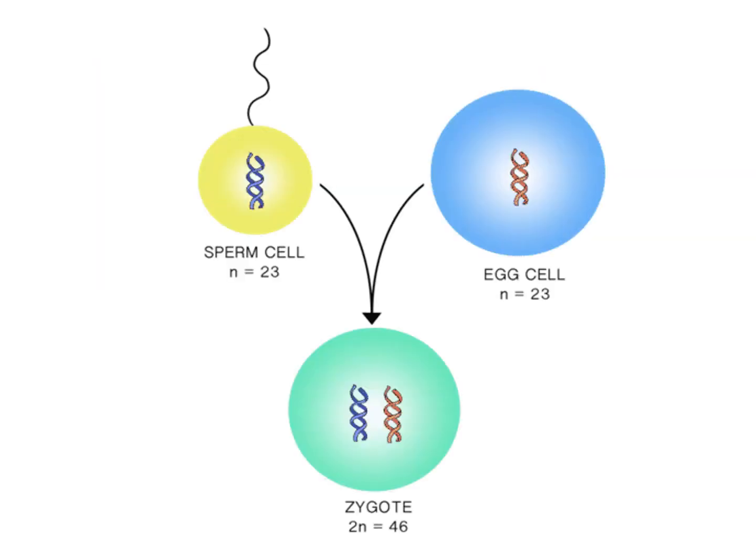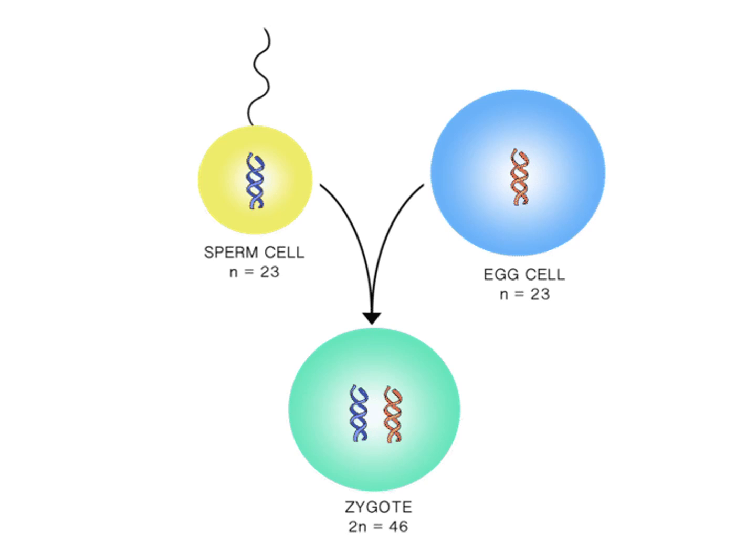Okay, so let's start. As I already told you, the sperm combines with the egg to give rise to the zygote. If you look at the slide carefully, below the sperm cell, they have written N is equal to 23. It indicates that the sperm and the egg both are haploid cells. What do you mean by haploid? Haploid means they have only a single set of unpaired chromosomes. Single set means from 46 they have got only 23. Okay, so that single set of the sperm and the single set of the egg combine together to form the double set, or to form the complete set.